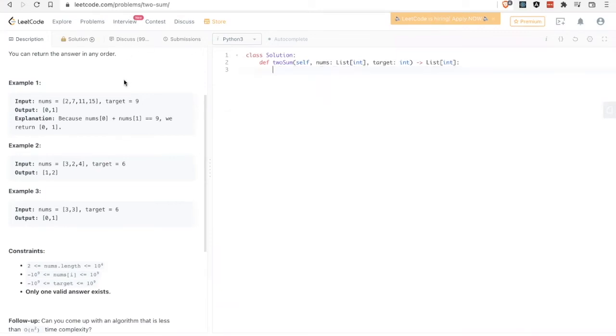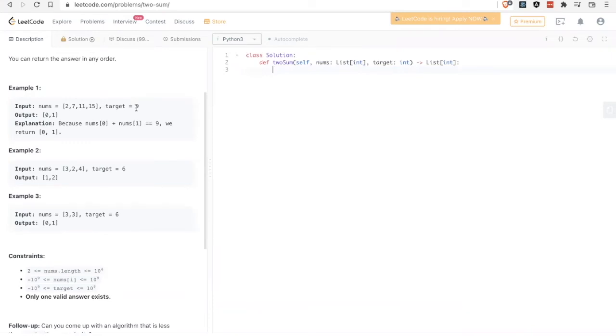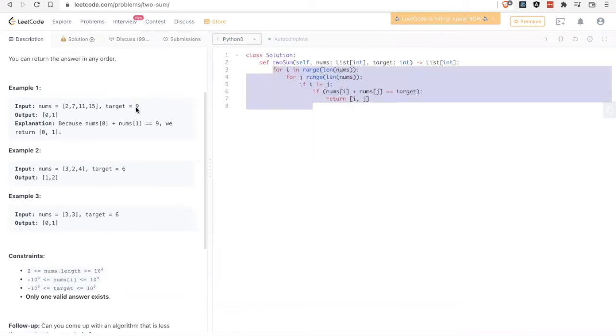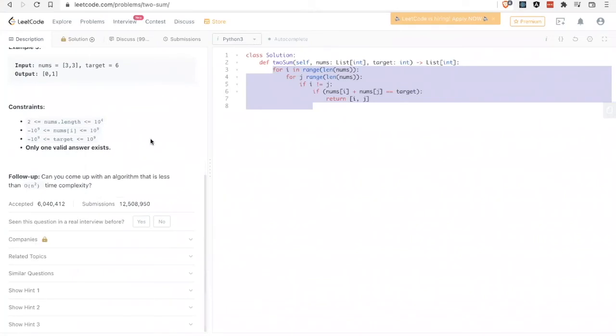So if you look at the problem again, instead of adding up each number together and just finding all possible combinations, there's a more efficient way of solving it.